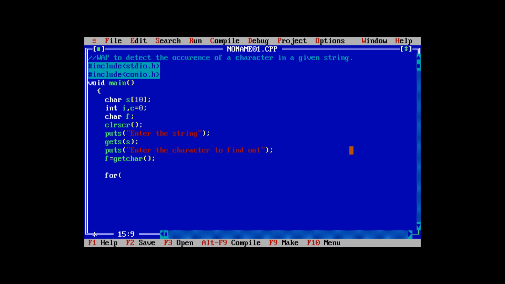Now using the for loop, that is for i equals 0, i is less than or equal to 10, i plus plus. This is the requirement. Now there is a curly brace start. Now start the condition, that is if